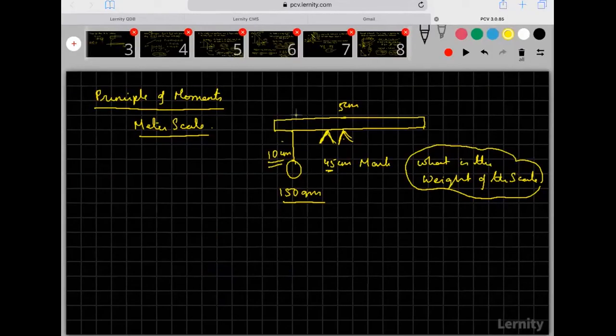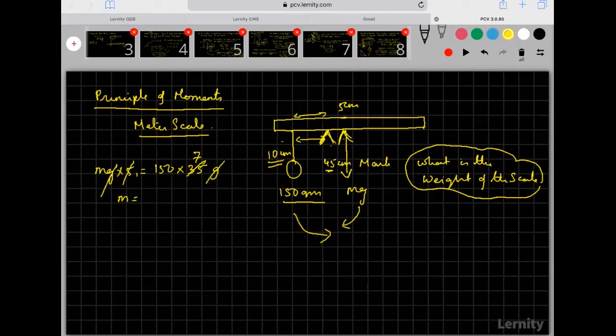We can work fast. Okay, this is 45, this is 10. So what is it here? Free body diagram will look with the weight downwards, mg. Now this is bringing about an anti-clockwise torque and this is bringing about a clockwise torque. So mg into 5 must be equal to 150 into this distance. Now what is that distance? This is 10, 45. So 45 minus 10 will become 35. So here 5 will go 7 times. So into g, of course. So the g's will get cancelled and I'll get m is equal to 1050 grams.